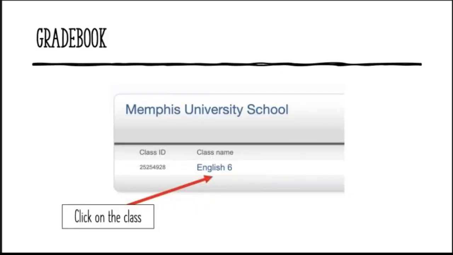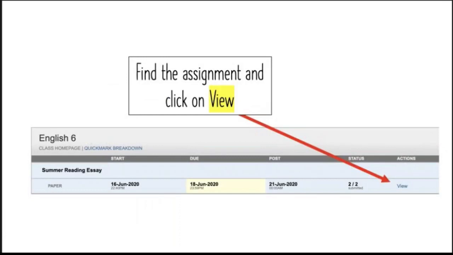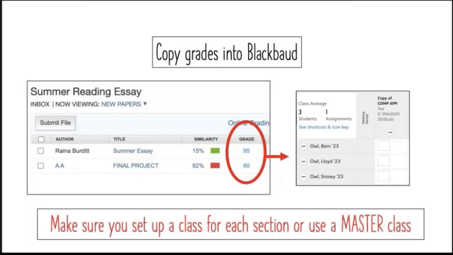For your grade book, it's not going to shoot it into OwlHub, right? But here's the best way to approach it. Click on your class, click on View. There is a gradebook tab like in Turnitin, but you do not want to look at that because that's going to be all their papers. You just want to look at this assignment. So click on view, and you're going to have the name of your kids, and you're going to have their grade, and then you pull up your Owl Hub gradebook, just put them side by side, minimize your screens, and